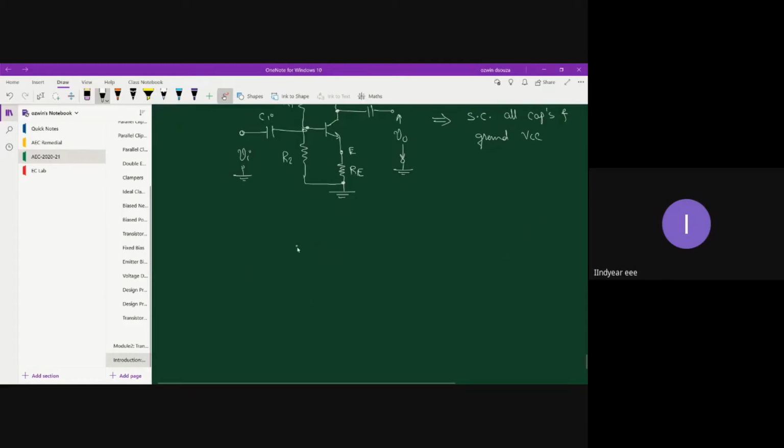Let me redraw the circuit. First let me draw the input port B. So I have beta RE. And then on the output side, my collector terminal, and I will be having my controlled source beta IB. I'll not do anything here. You have to tell me what I should do over here, and then let me draw the rest of the circuitry. R2 and R1 will have the parallel connection, so let me write it something like this. This is R1.